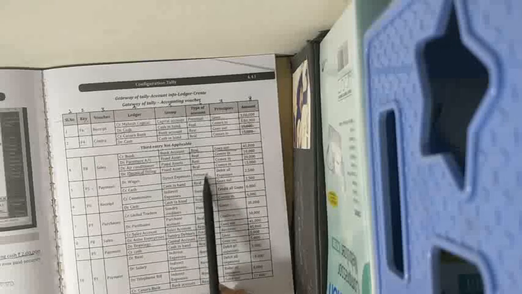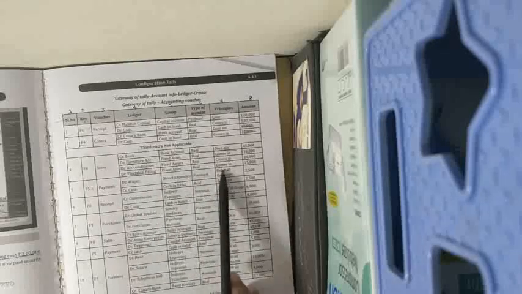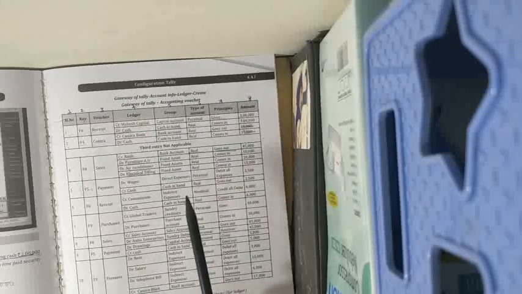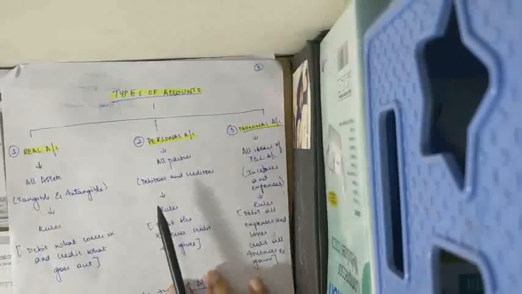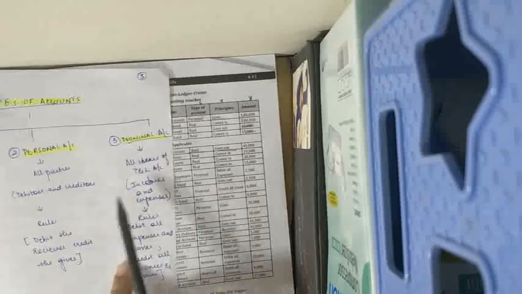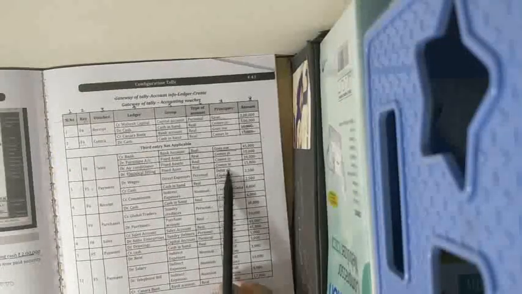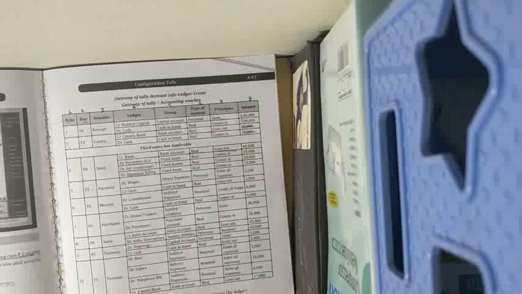Wages is your personal type of account, whereas cash is your real type of account. When you're debiting the wages, here you are debiting all the expenses, right? We saw the rule here, right? Okay, if you're not able to recall, when you are debiting all the wages, it comes under your personal account, right? When your personal account, you are debiting the receiver. Okay, you debit all expenses, that is 2,500, and credit cash, that is cash in hand, real account. The money is going out, rupees 2,500.